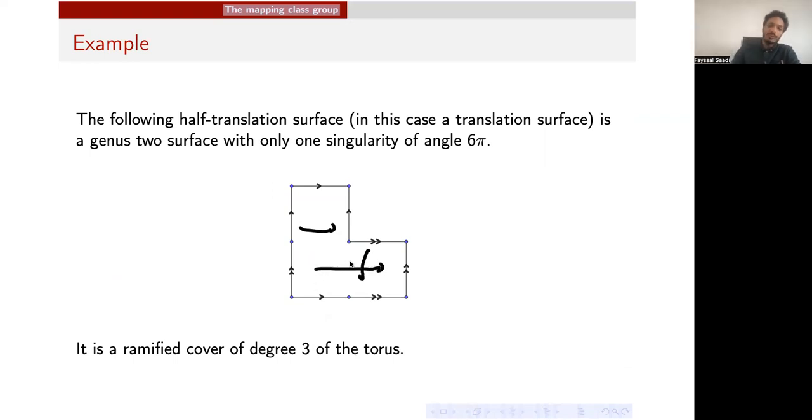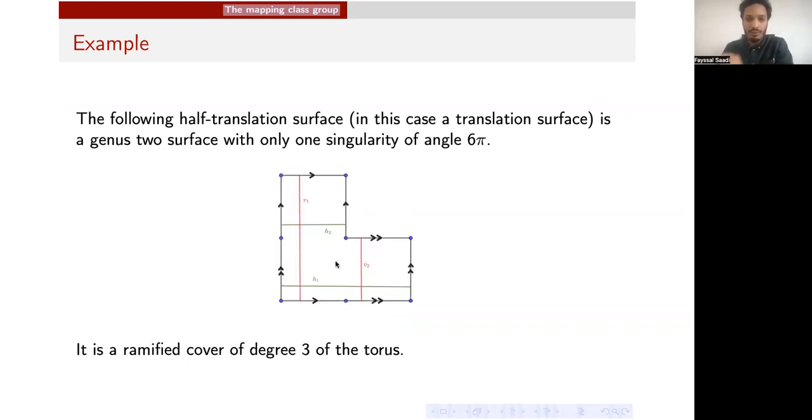So it is a translation surface with one singularity. We have only this one singularity, and if you compute the total angle, you get 6 pi. Maybe you notice that this is a ramified cover of the torus. On this translation surface, we define these loops V1 and V2 in red, and we define